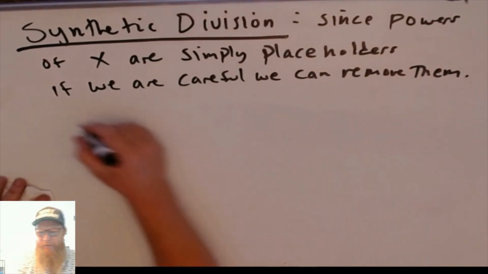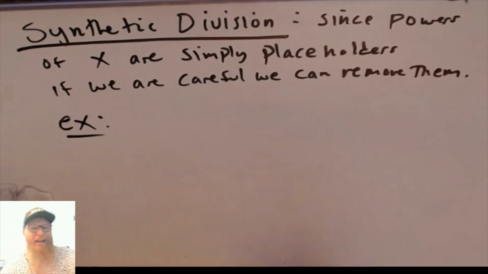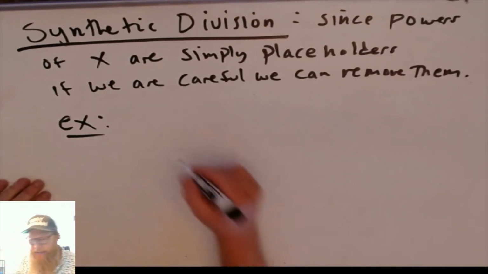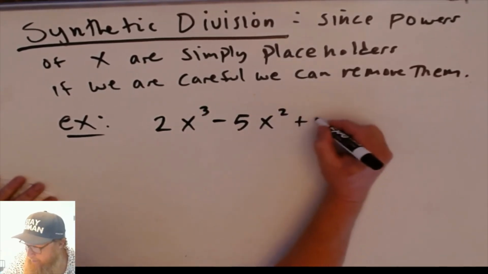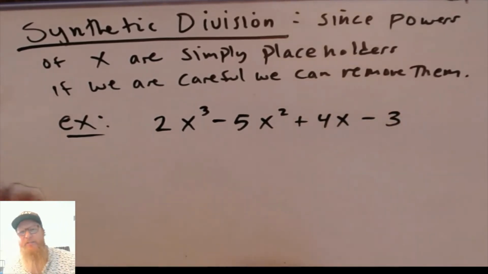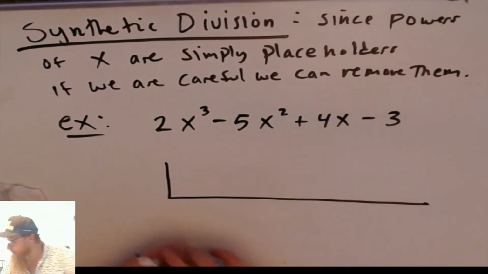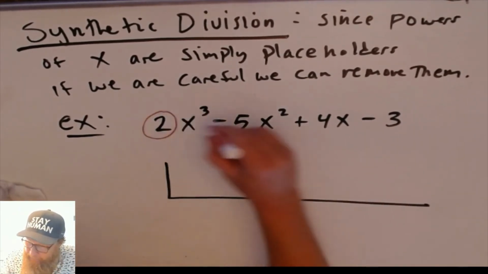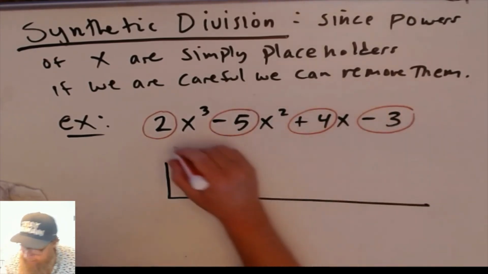So for example, and I'm just going to say example, I'm not really going to number this one right now, because I'm not actually going to do the whole problem. So if you have something like, I don't know, 2x cubed minus 5x squared plus 4x minus 3, you can remove only the coefficients, including the signs,